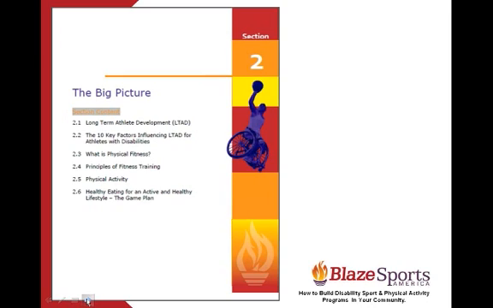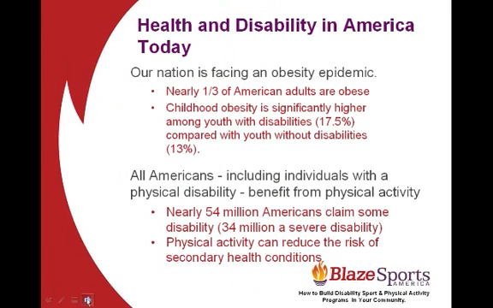Chapter 2 really goes into an introduction of what physical activity and physical fitness is, and goes through a variety of things. The essence of Chapter 2 is what's called long-term athlete development, and the essence of that is basically in the United States the inactivity and the obesity situation is at an epidemic level, and it is worse for kids with disability or people with disability. So we are championing the effort to get the word out in terms of keeping people involved in physical activity and